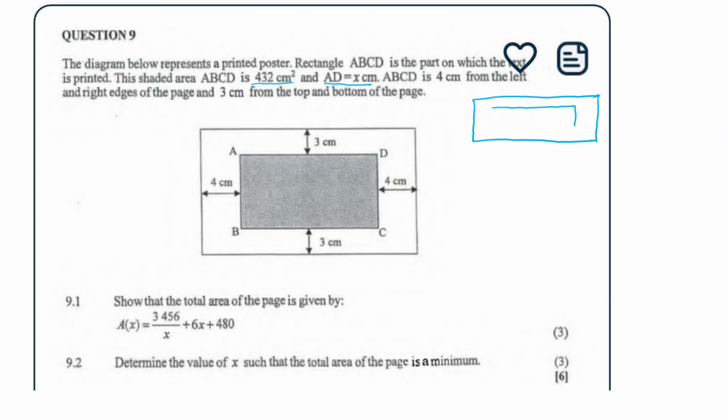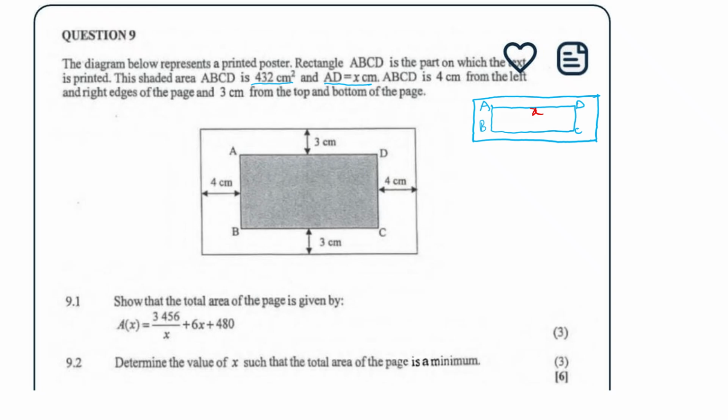Therefore, if we were to draw this rectangle more clearly, we are going to have our A, our B, our C, and our D. Now we are told that AD is x. We are told that AD is x. Remember, we are told that the area of ABCD is 432